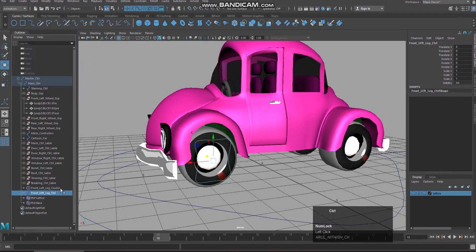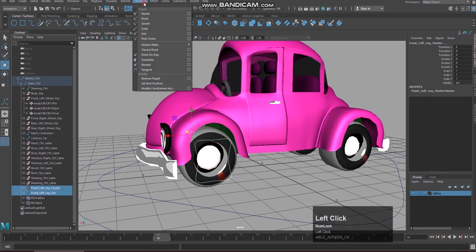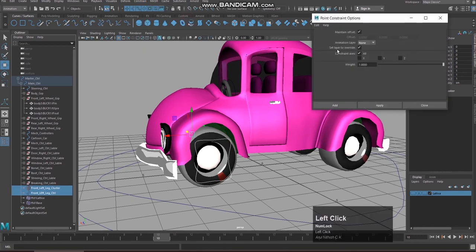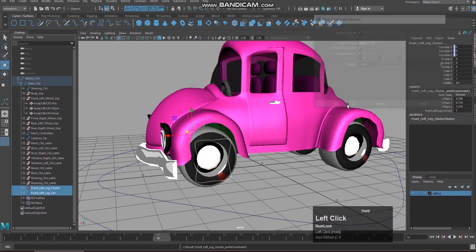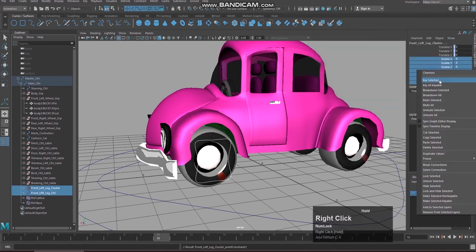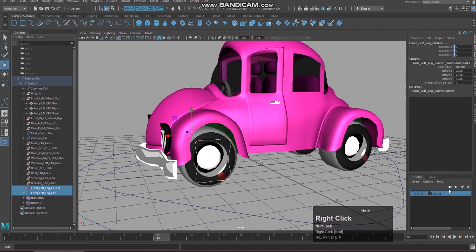Shift select the cluster, constraint, go and give point constraint because we need only translation. So give point constraint and apply and hide every unnecessary attribute.